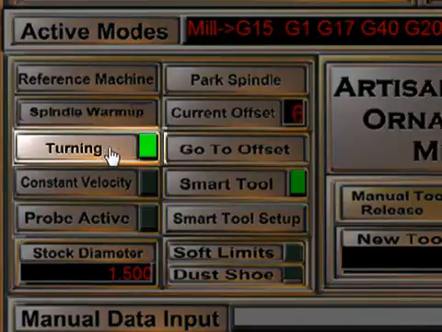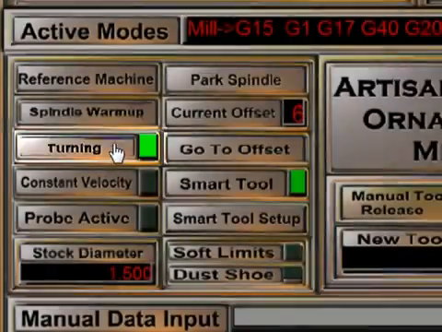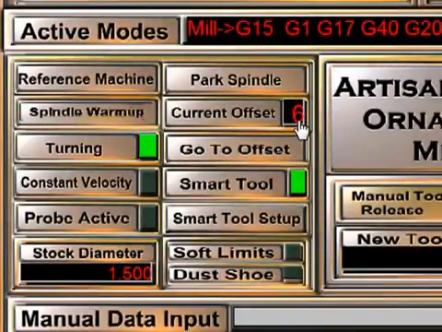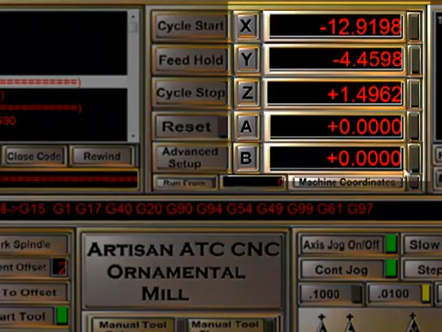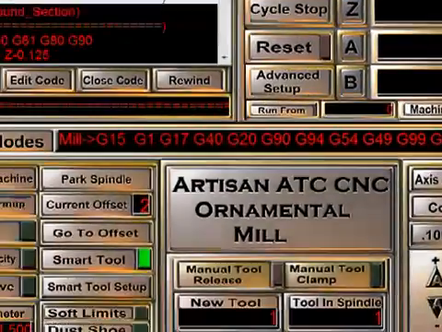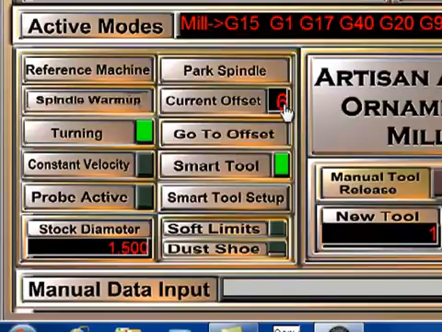Now this button here will let you switch back and forth between turning between centers and working on flat stock. When you click the button, the current offset will change to number 6 when we're turning between centers, and back to number 1 if we're working on flat stock. It is possible to click in this field and enter in a number and press enter, and now we are working on the offset number 2. If you click on the turning, it'll switch to 6 and then back to number 1 again. This button always toggles between 6 and 1. Any other offset must be manually keyed into this field here.